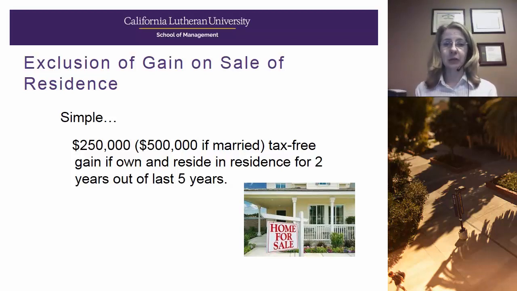So now we'll talk about the exclusion of gain on the sale of a personal residence. It's pretty simple. If you are a single individual and you sell your home, you can exclude up to $250,000 of gain. For a married couple, it's twice that, $500,000. All you have to do is live in that house, use it as your personal residence for 2 out of the last 5 years, and that gain is completely tax-free. There's no deferral, there's no keeping track of it, there's no need to buy another home. You generate the gain, you realize the gain, but you never have to recognize it as long as you meet the residence requirements.